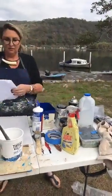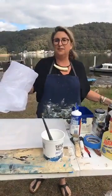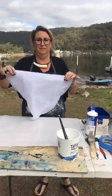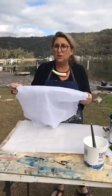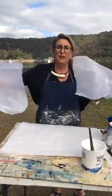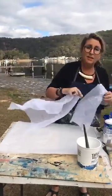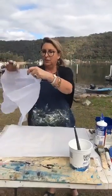When you're gluing tissue paper, all this acid-free rubbish that you hear, it's crap. What you do, you go online, you buy clothes, or you go to Witchery or whatever, and you buy lots of clothes and things, they wrap it in tissue paper, and you use that. That's the only reason I buy all. I'm a massive consumer because of the tissue paper. So, we're going to just use a